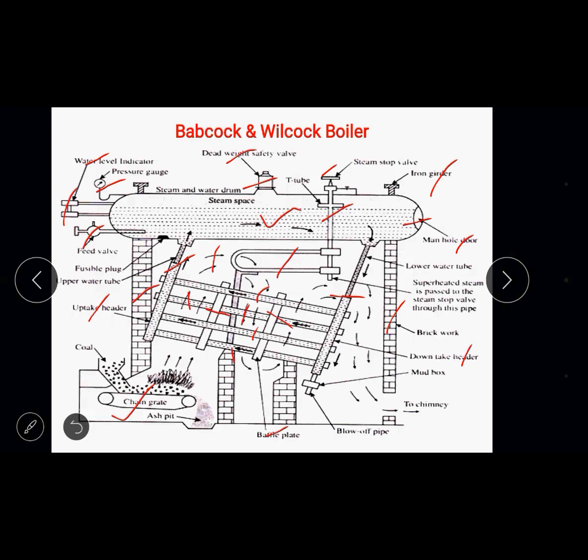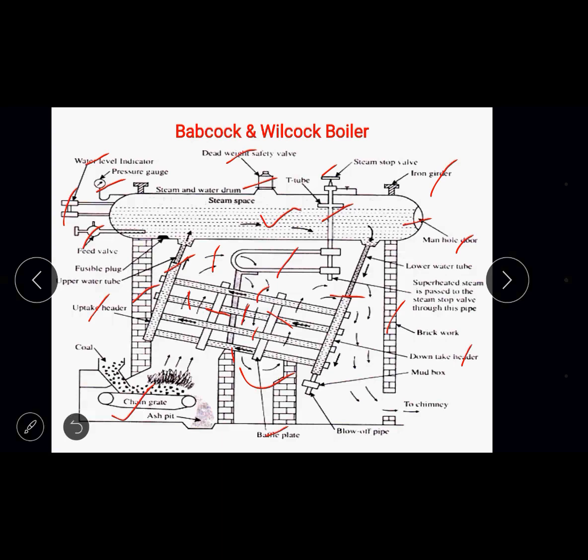The hot gases produced from the combustion chamber pass over a small portion of water tubes on the left hand, and then through this baffle plate they get deflected, and again pass through the second section of the water tubes. Then again there you find the deflection of the hot gases. So the purpose of the baffle plate is to ensure maximum exposure of hot gases on the water tubes. So the maximum heat energy of the hot gases is utilized, and the maximum steam is produced.